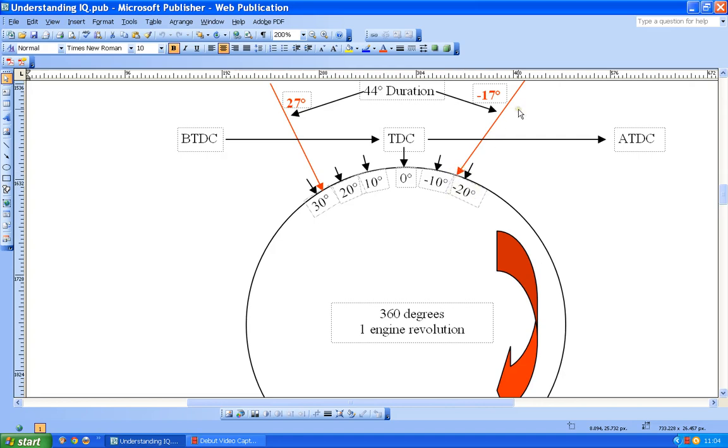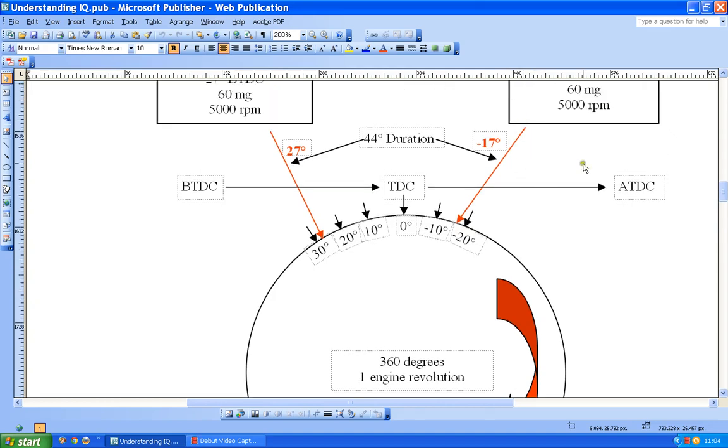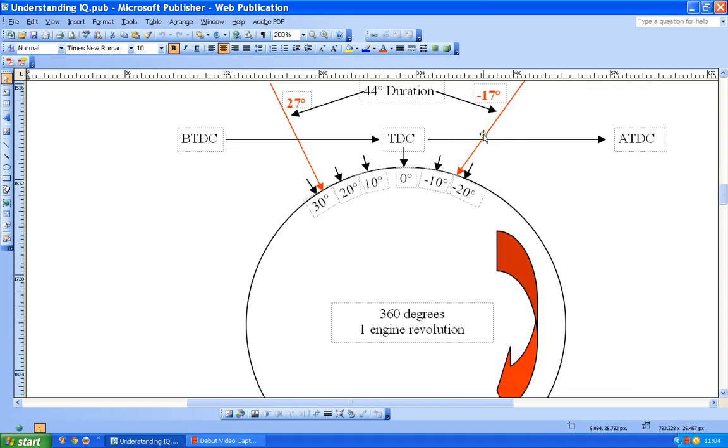Now of course, if we call that end of injection, or EOI, and that's ending at minus 17 degrees, then the maximum pressure for our bang here could be a little bit after that, couldn't it? So it's possible, but we don't actually know, because obviously no one's going to tell us. But somewhere around this area, hopefully, is when we get our maximum bang.